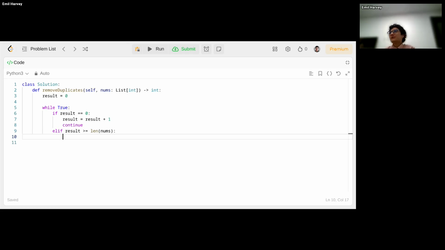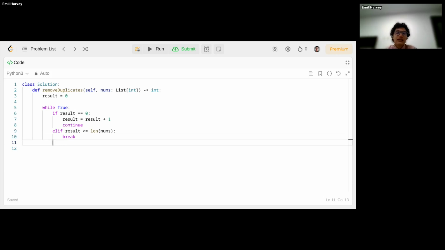But if it's equal to the size of our numbers array, we know we've reached the end. We shouldn't be doing anything, because otherwise we'll be indexing something that doesn't exist in the array, right? Remember that arrays start on index 0. So the size of the array as a number is the last index plus 1, I believe. Yes. So that's a good thing to know. So in this very specific situation, we will want a break, and that break will take us out of the loop and we'll be ready to return our result. But we're not done yet.